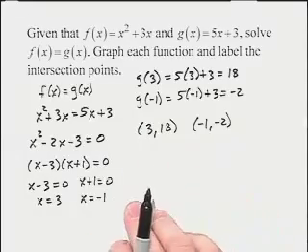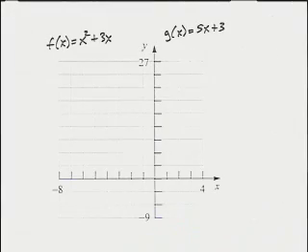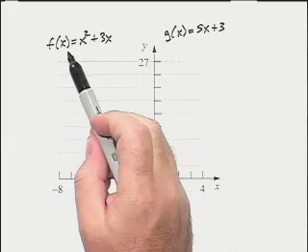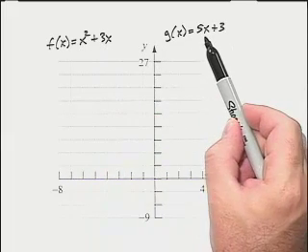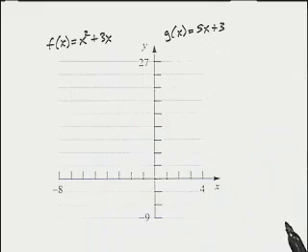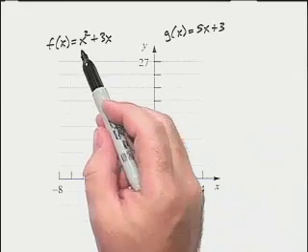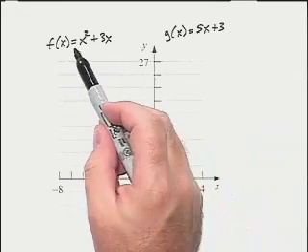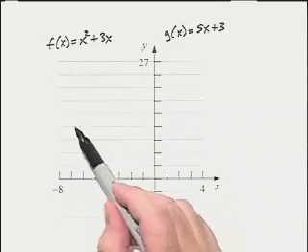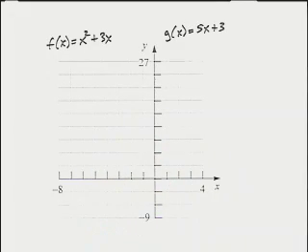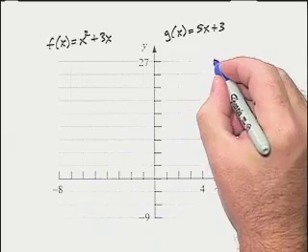I'm going to go ahead and graph each function now. We're going to graph f of x equals x squared plus 3x, and g of x equals 5x plus 3. To graph the function, we could do this by plotting points: pick some values for x, plug them into the function, and get points on our graph, and then connect the dots. For f of x,